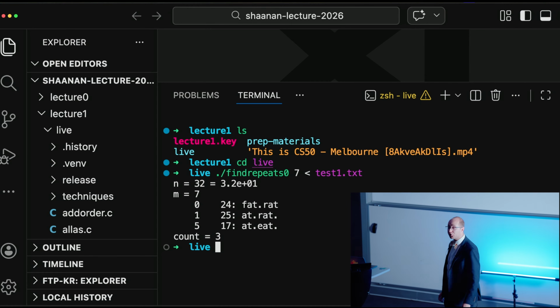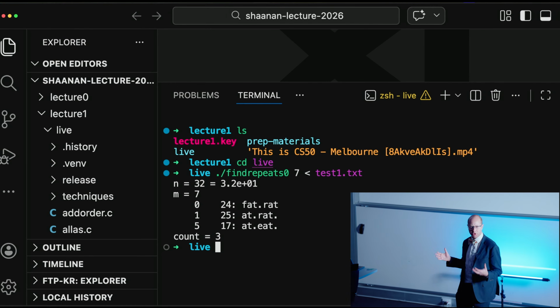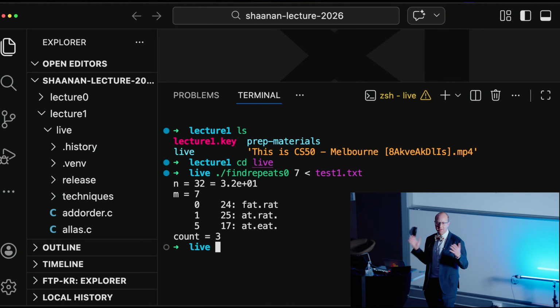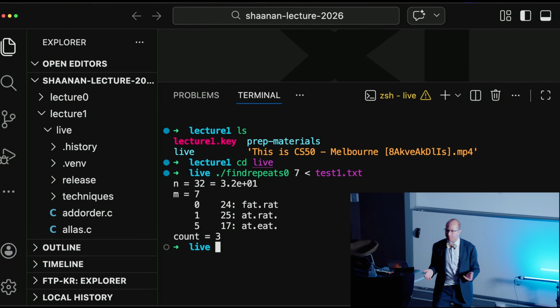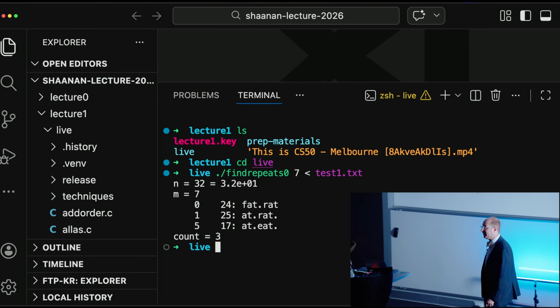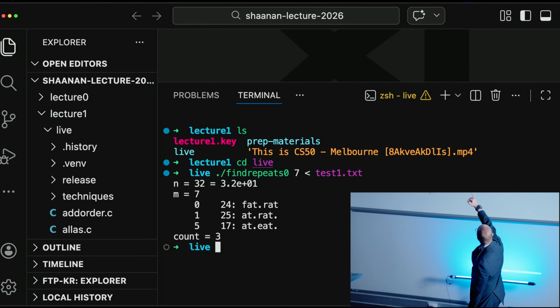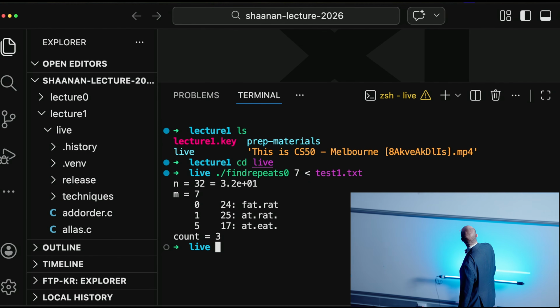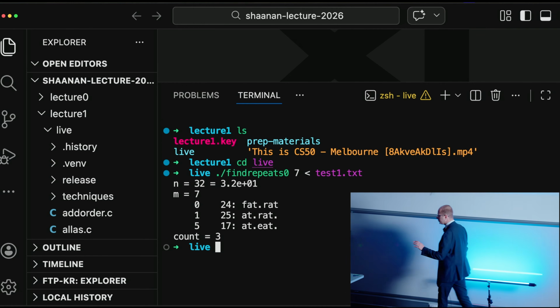We have a string of length 32, and a string is just a fancy computer word for a sequence of characters, of letters, of numbers, of symbols. We were looking for repeats of at least 7 in length, and we found 3 of them: fat.rat, at.rat. and at.eat. Those are our repeats.